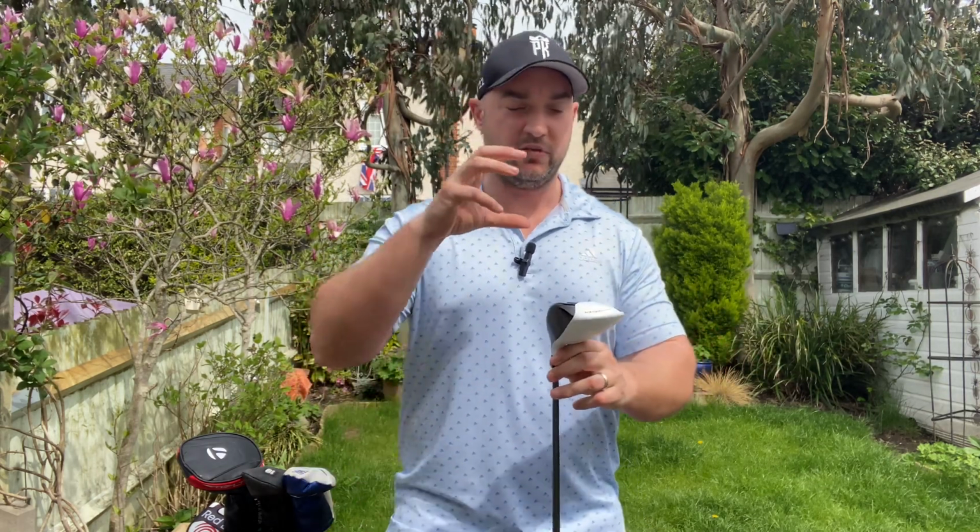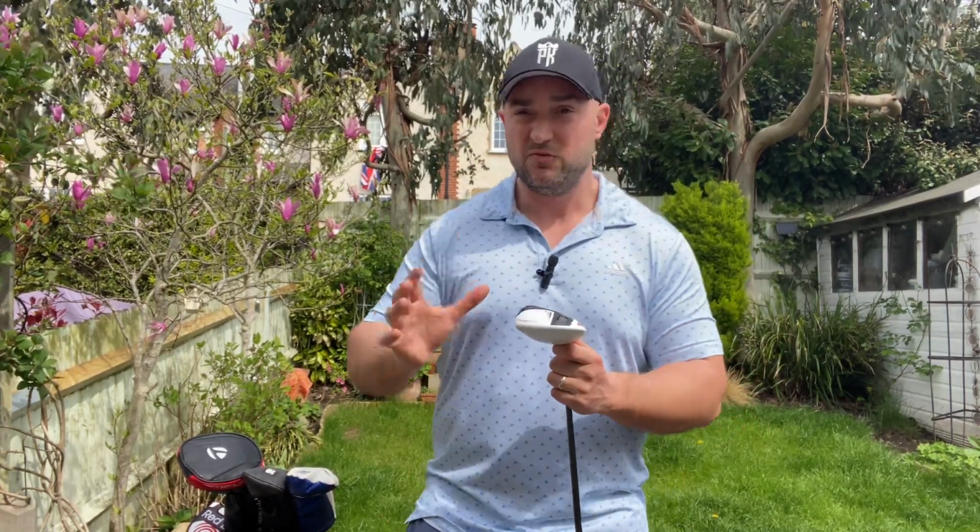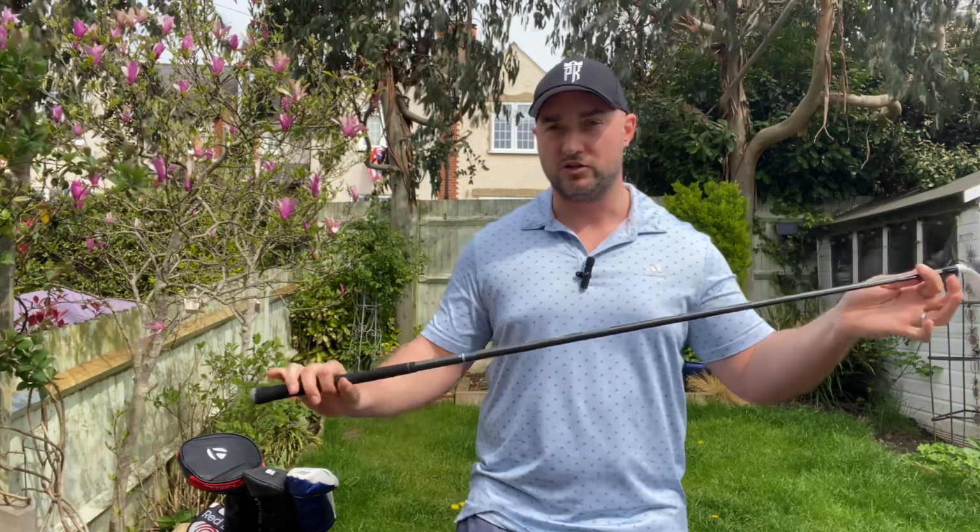And the thing about this club is, the reason I've still got the 5 wood in there is because, let's be honest, even though it's 14 degrees, which, you know, some 5 woods are 14.5 degrees, it's not far off that. But because of the bigger head and a rounded sole, it's quite difficult to hit this off the deck. It's not impossible. A lot of people do, but it's quite difficult, especially with a longer shaft. So that's why the 3 wood stays in there, but adds a higher lofted 5 wood